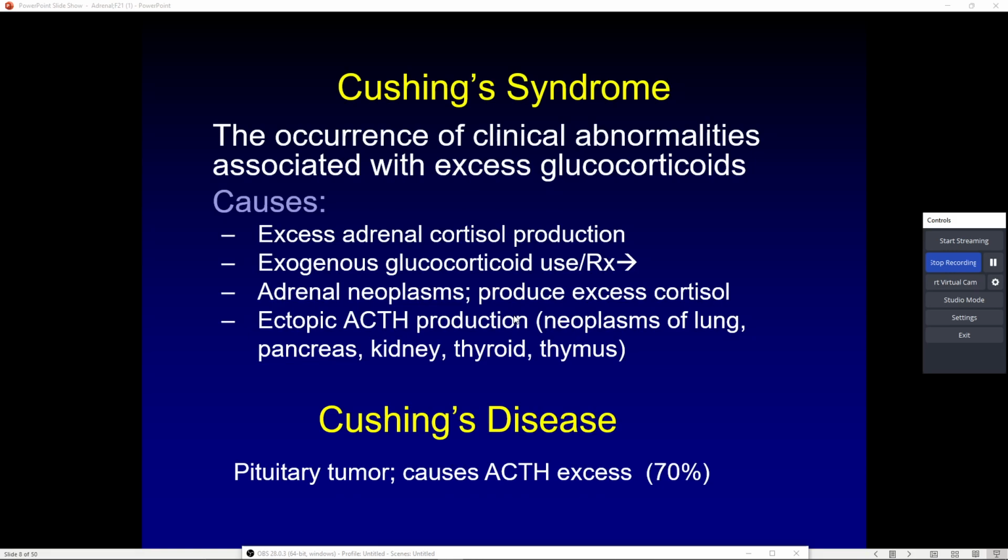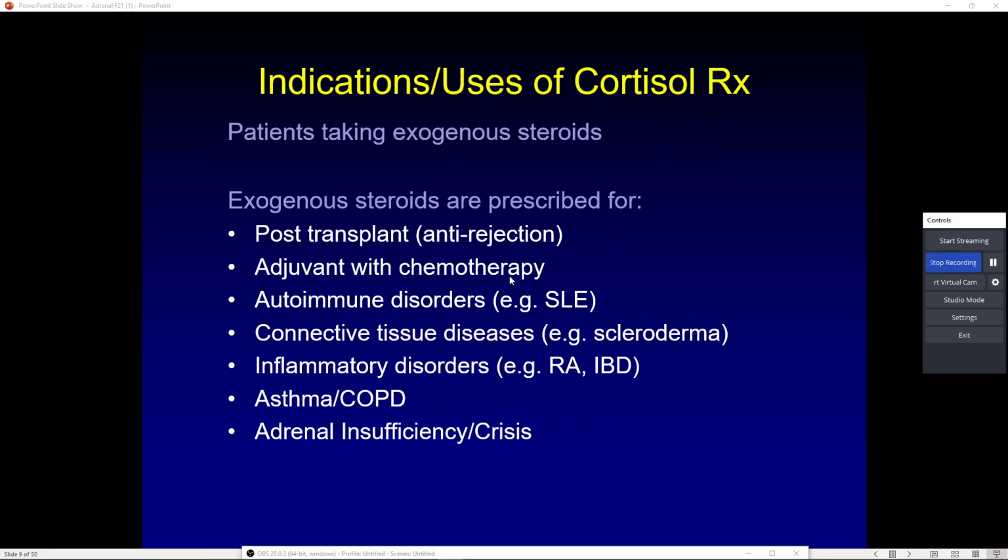Again, those are external, ectopic, and have nothing to do with the anterior pituitary or the hypothalamus, just cellular growths that are doing something they really shouldn't be doing, resulting in increased cortisol production. We can also have direct growths or neoplasms on the adrenal glands themselves, resulting in excess cortisol, just like with the thyroid, where you could have a growth resulting in increased T3, T4. Cushing's syndrome is a little bit different than Cushing's disease. Cushing's disease is typically caused by influence of the anterior pituitary gland, resulting in ACTH excess production and increased cortisol production as a side effect.